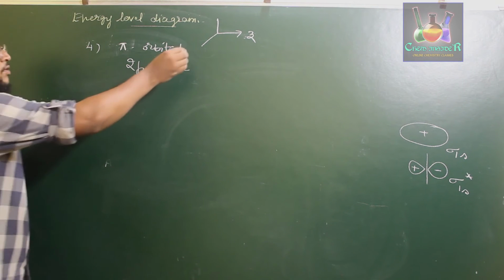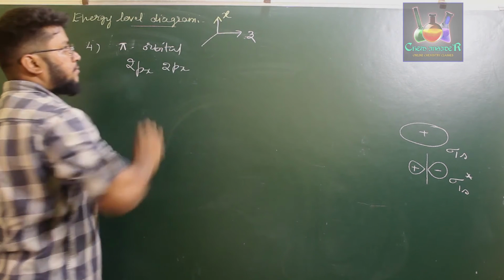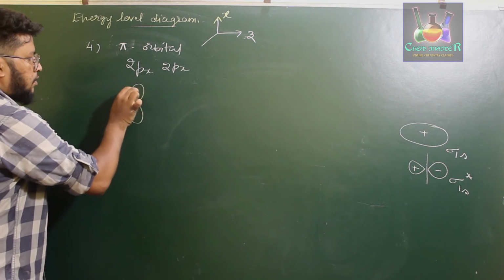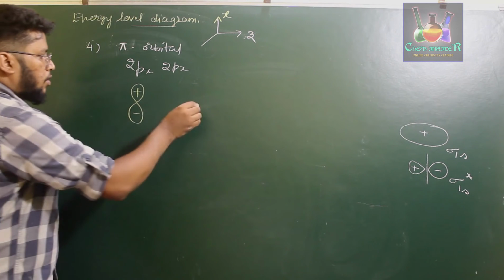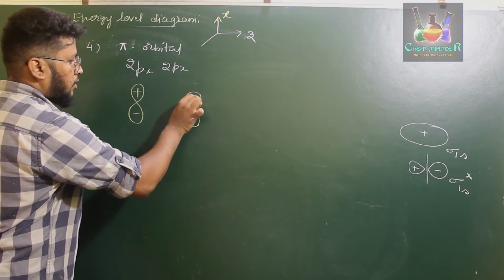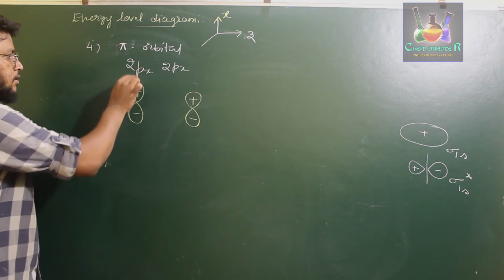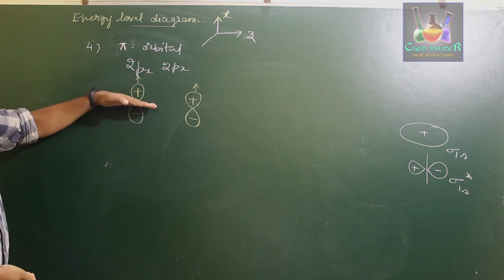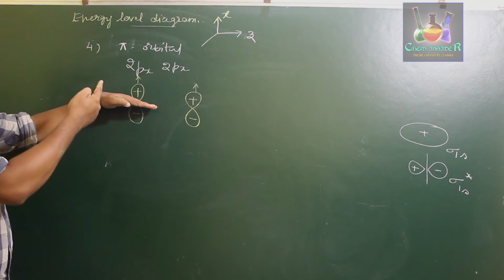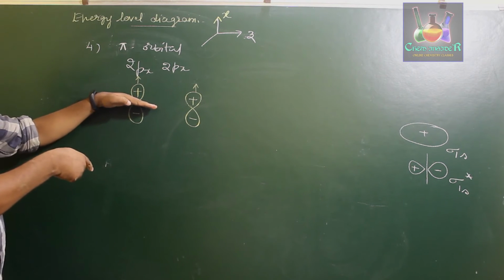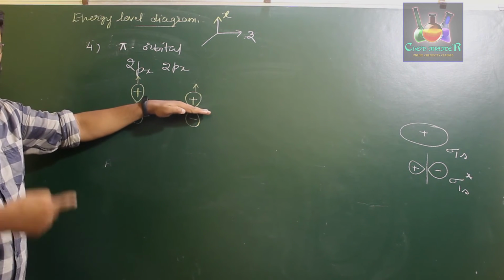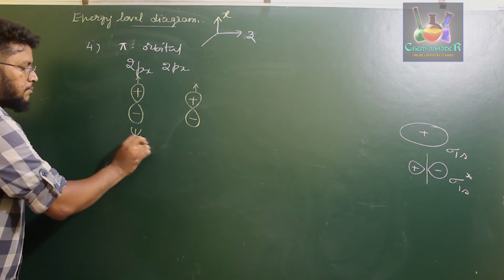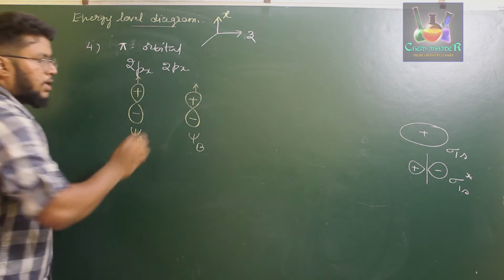So now, I'm taking this as the x-axis. Therefore, the orbital of x-axis of one molecule will be in this direction. The orbital of one more molecule will be in the same direction. This is the x-axis. Okay. So this is the molecular axis. If you compare over here, the upper part is positive, the lower part is negative. Similarly over here, the upper part is positive and the lower part is negative. Okay. So this is psi A, this is psi B.